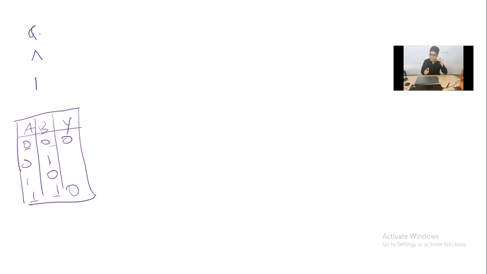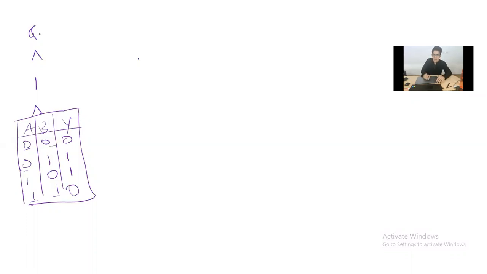Now you see here, okay, 0 to 1. Don't think there is no change. 0 to 1, there is a change here. If there is a change, output is 1. And 1 to 0, again there is a change, output is 1. So this is the truth table of XOR here. Simple. So in XOR, what you have to remember? Only if there is a change in the input, your output will be 1. That's it.